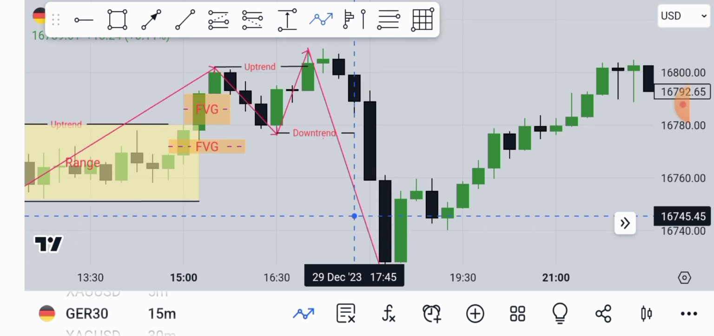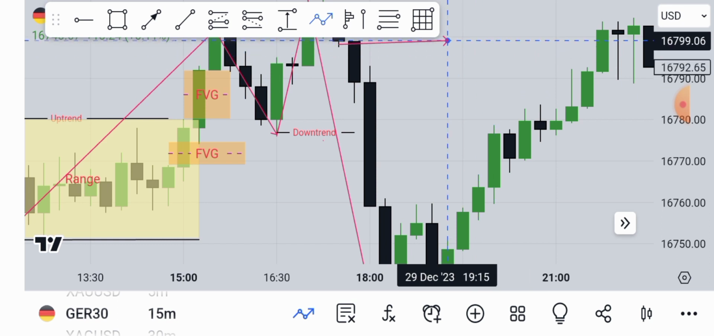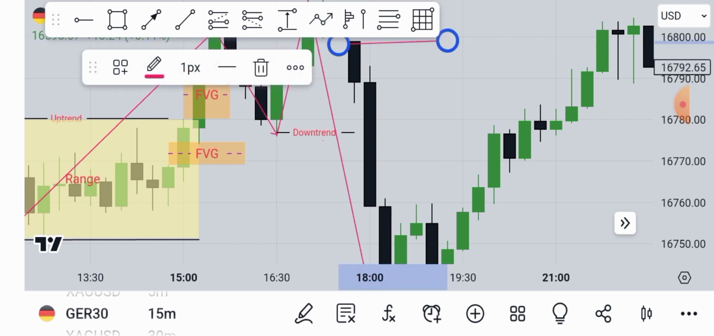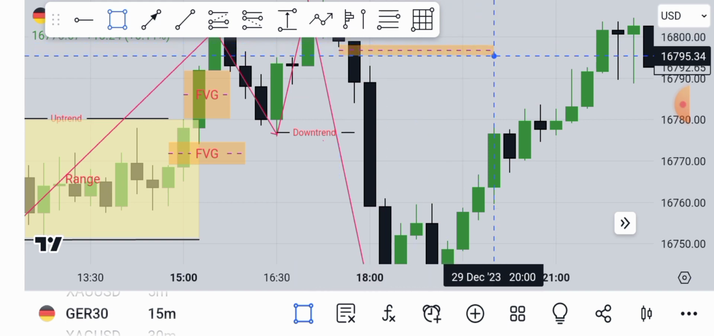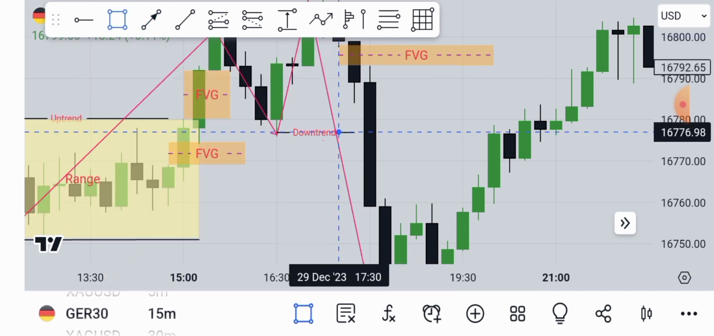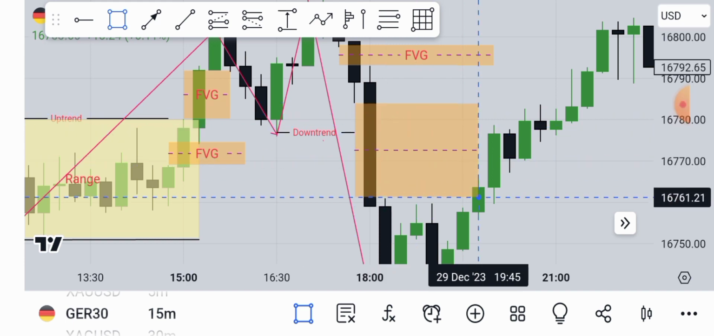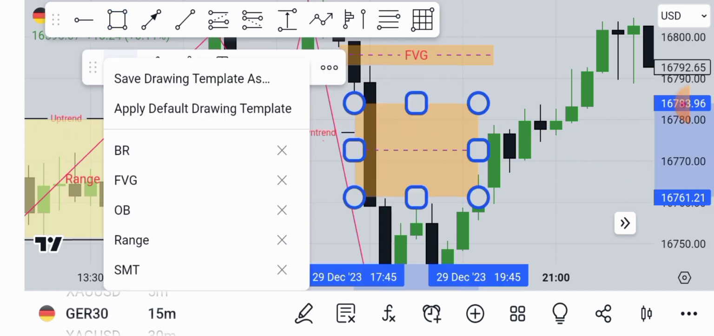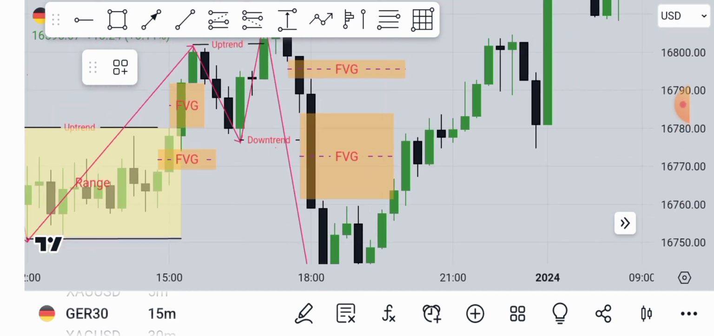For me, fair value gaps created need to be filled. See, FVG, and then FVG. Then the market now